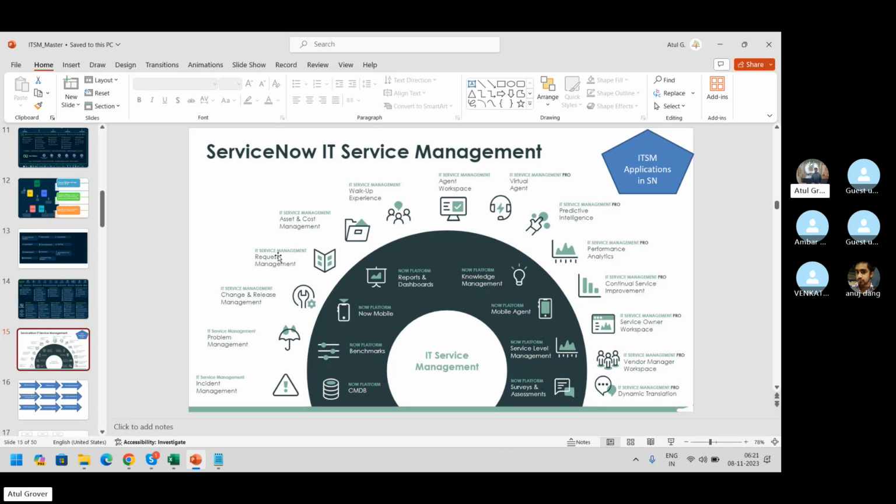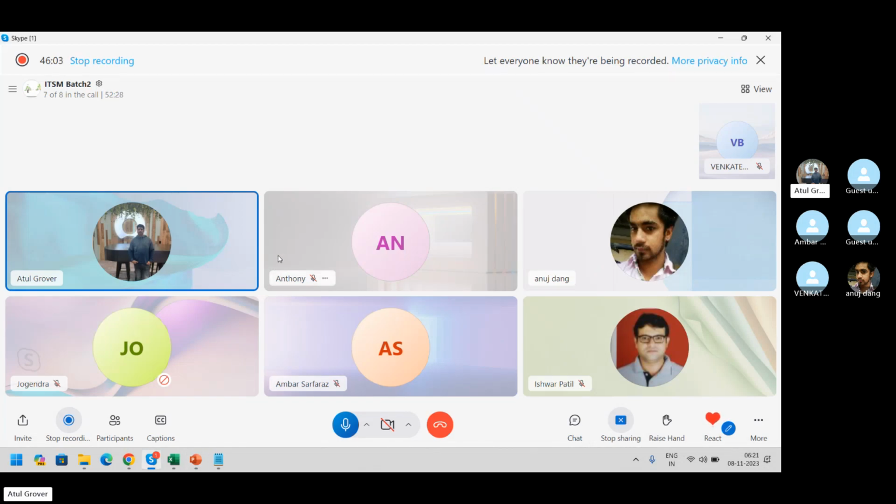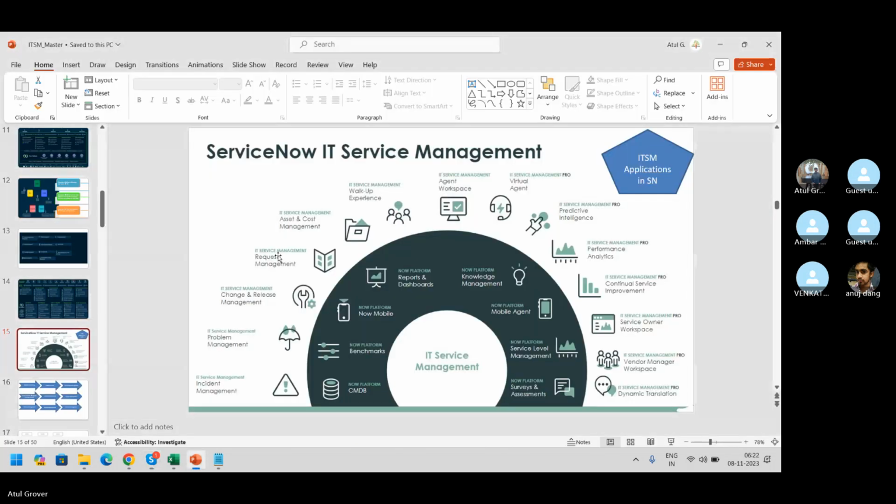Request. Diwali is coming. Almost all of us here are married men and women, and with grace, we have kids as well. What do our kids do? "Dad, can I get one toy?" Yesterday my son was telling me, "It's been a long time, you did not bring any toy for me." I said okay, that's fine. He said, "I'm saying because Diwali is coming, so I want to get a toy." So he's not raising any incident. He's requesting it. This is request management.